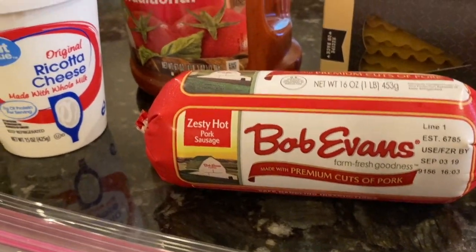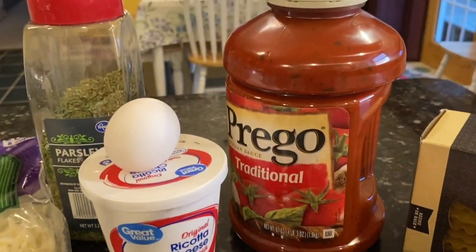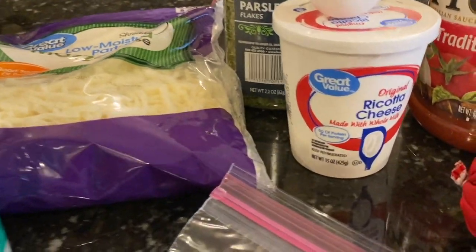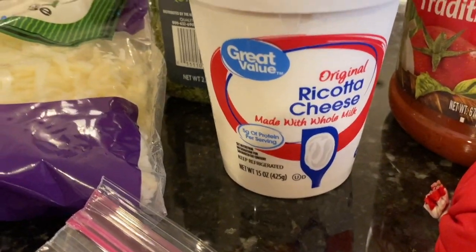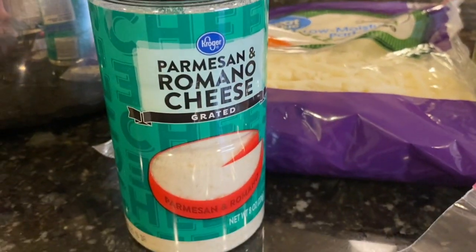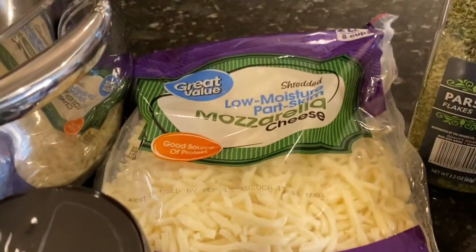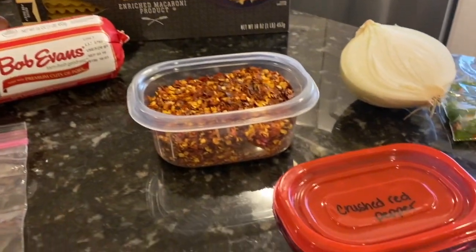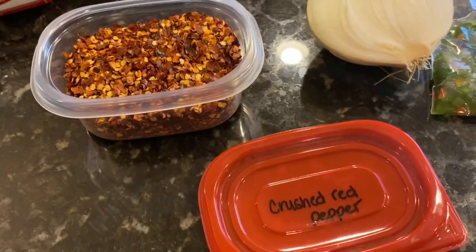Select your favorite pork sausage flavor, also your favorite store-bought pasta sauce. You'll need 3 different cheeses, starting with a whole milk ricotta cheese container, your favorite Parmesan cheese, mozzarella cheese, parsley flakes, an egg, a quart-sized storage bag for mixing, crushed red pepper flakes, half of an onion, and you'll also